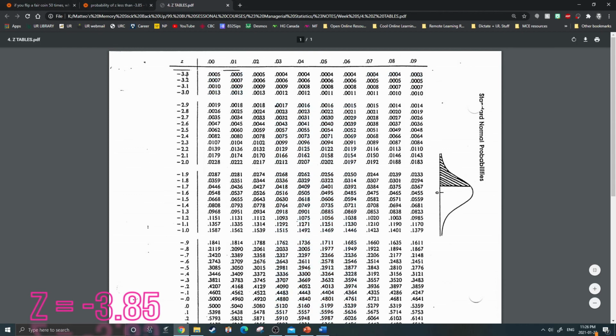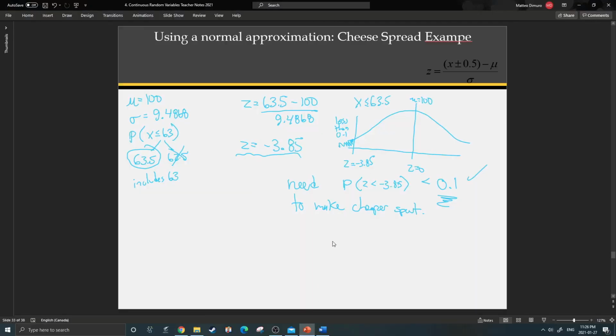So if you look up negative 3.39, is that less than 10%? It's 0.0003, okay? If you go find 10% approximately, where are we here? This is about as close as we get. So the z-score of negative 1.28, any z-score less than negative 1.28 would be low enough. Okay, so you would say in this case,